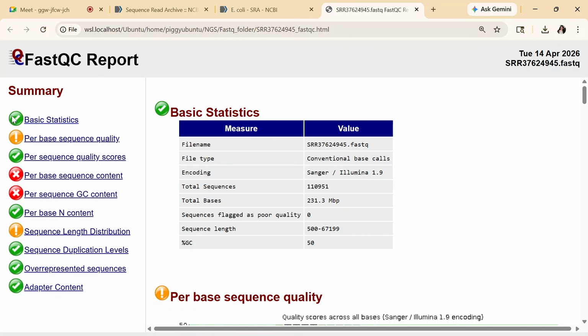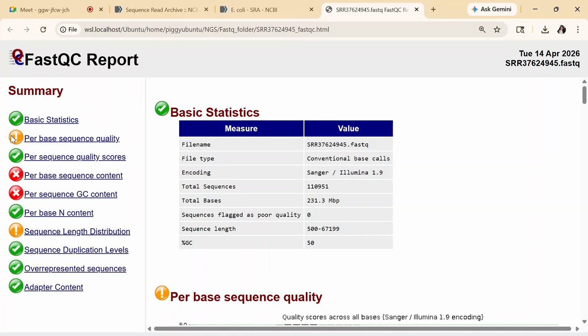Here we are seeing some green ticks. Here is a green tick. Here is a green tick. We are seeing a yellow exclamation mark in a circle, it is like orange. And here we are seeing a red cross. Now, what does this mean? They have a very particular meaning. If we see a green tick, it means our data quality is good here.